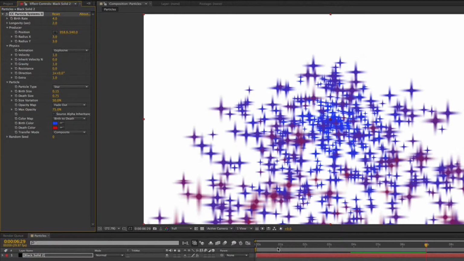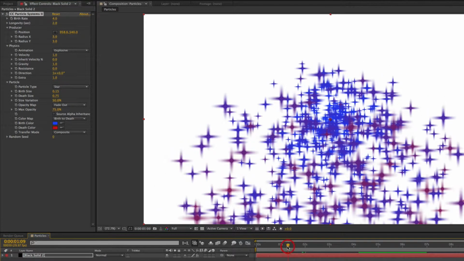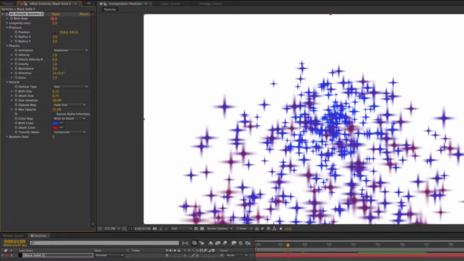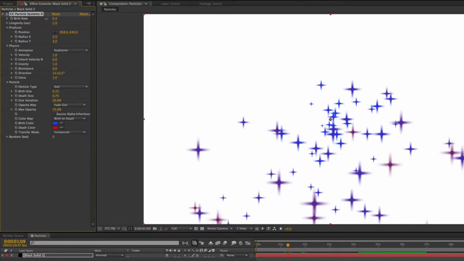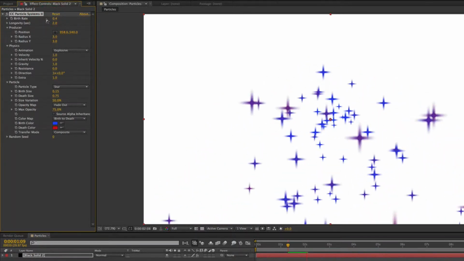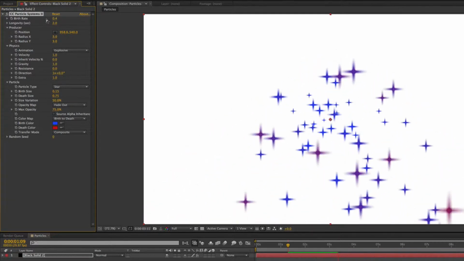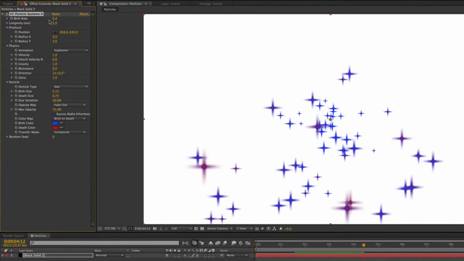So if we want to go back to our properties up here at the beginning. If we want to change the quantity of how many elements are on the screen, we can change the birth rate. And so if we knock this back, you can see how more sparse the birth rate for the particle systems are. If we want to change the longevity in terms of seconds, instead of 2 seconds,